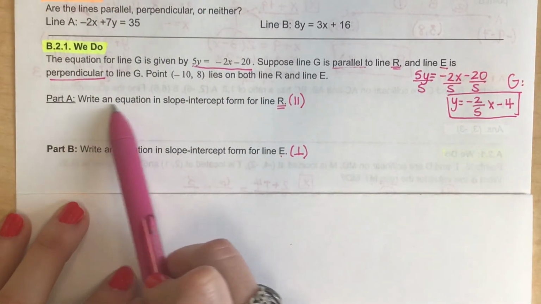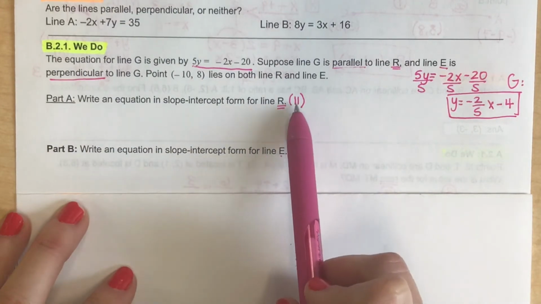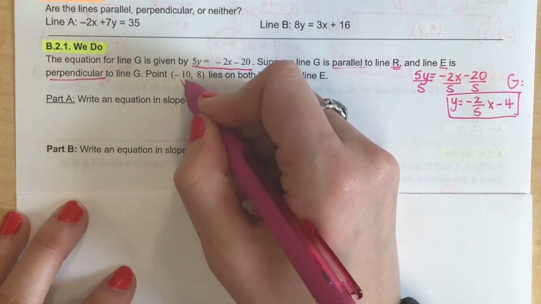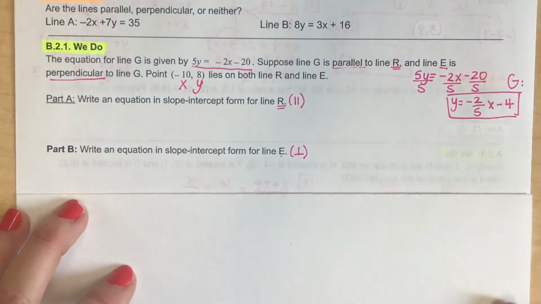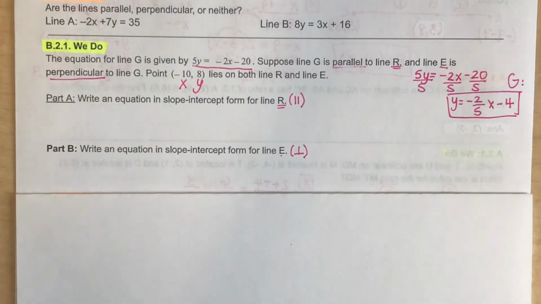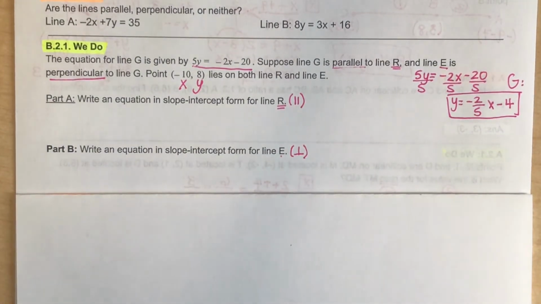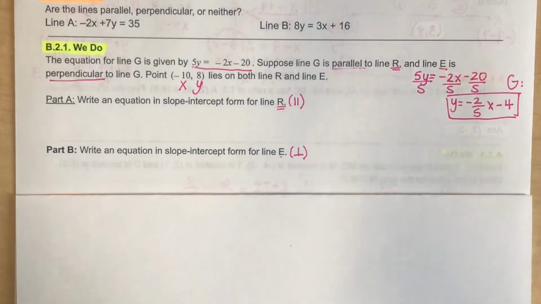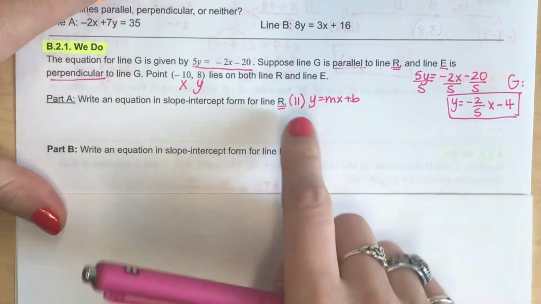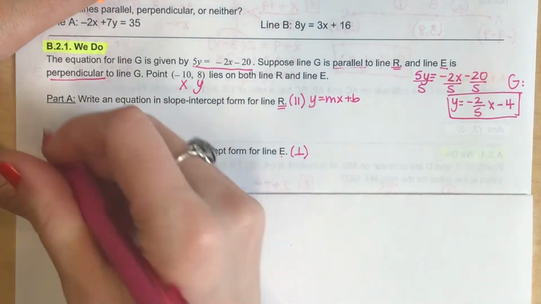So write the equation that's parallel to this one that goes through these points. This point's my x, this point's my y. Very simply, what I'm going to do is plug all of that information into slope-intercept form, and I'm going to solve for my b value, my unknown. So if I use this equation here, for the y, I'm going to plug in an 8